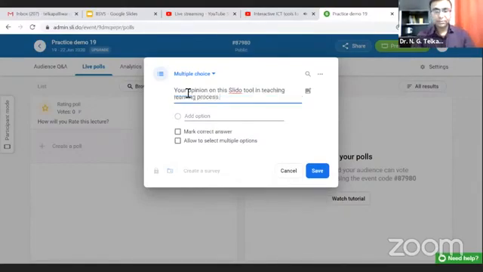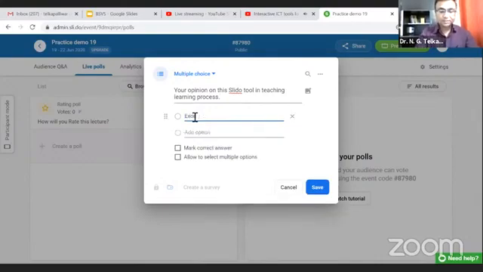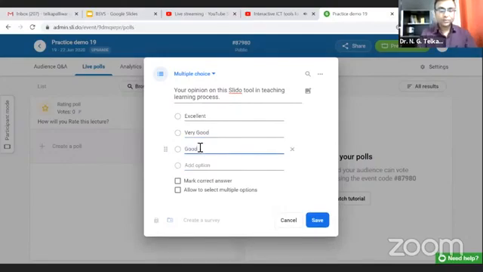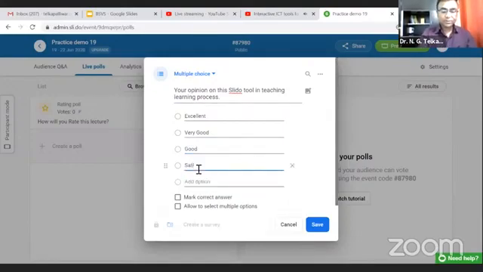I am adding this type of question, and here there is an option called add option. So I am adding one option, that is excellent. Then the second option is generated here, very good, then third, good. You can add any number as per your feedback, however you want to generate the feedback form.